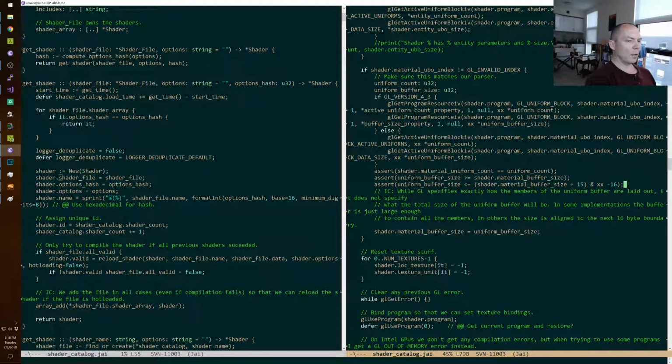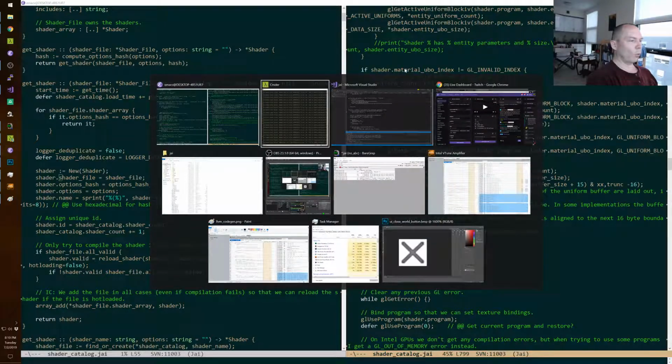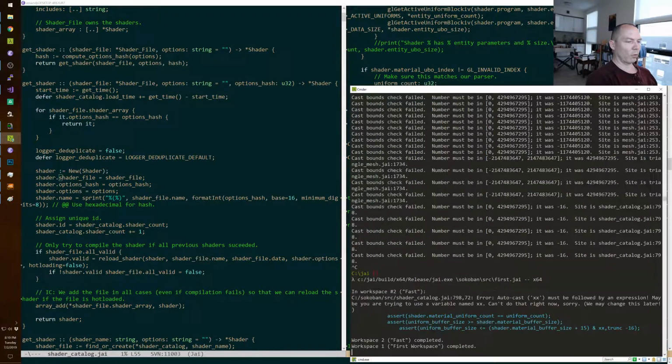Okay, I think I need to support this. Because AutoCast, yeah. We don't support this when parsing AutoCast right now yet.